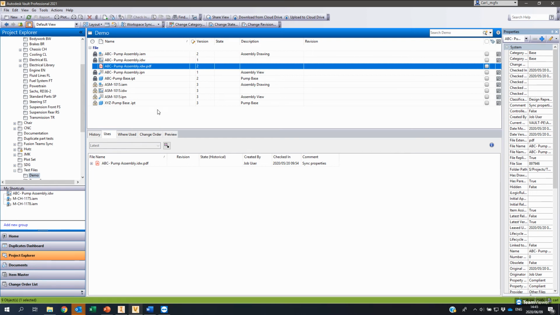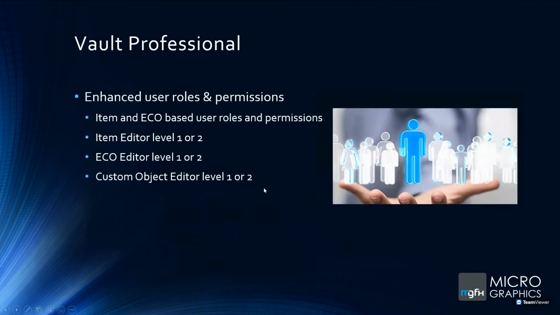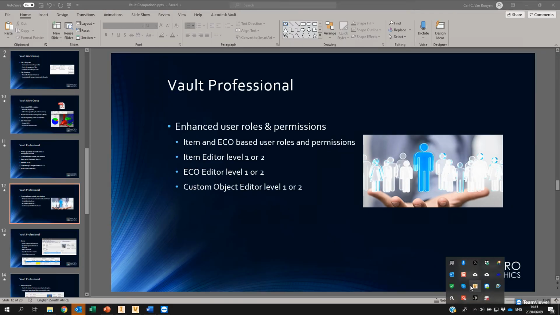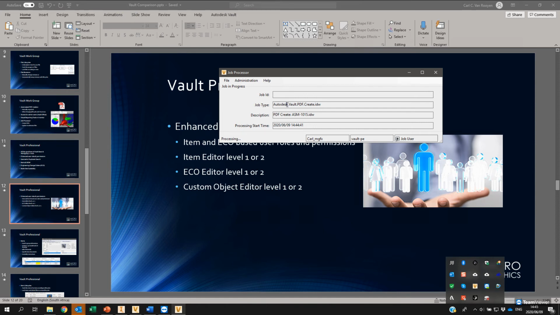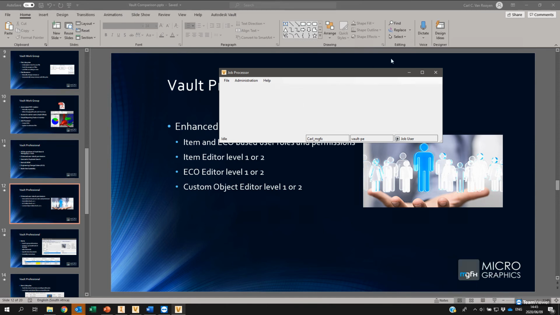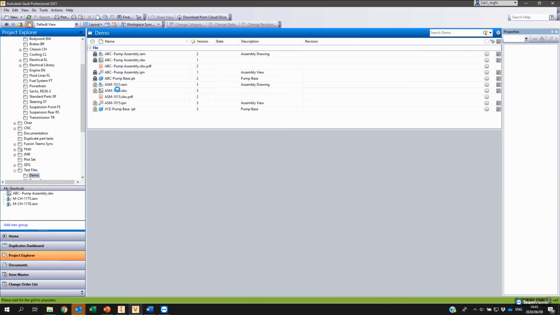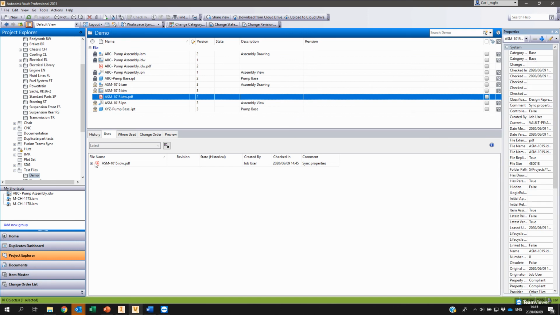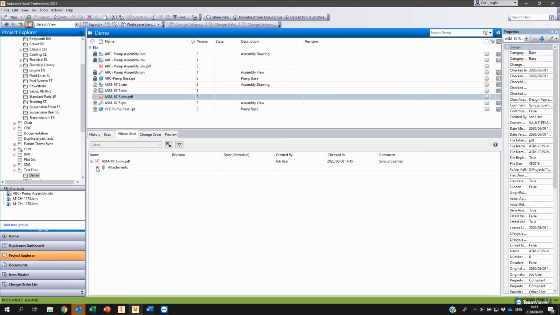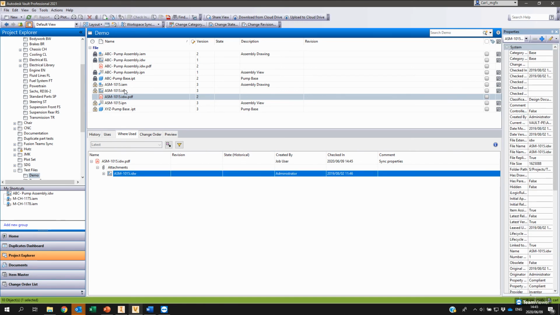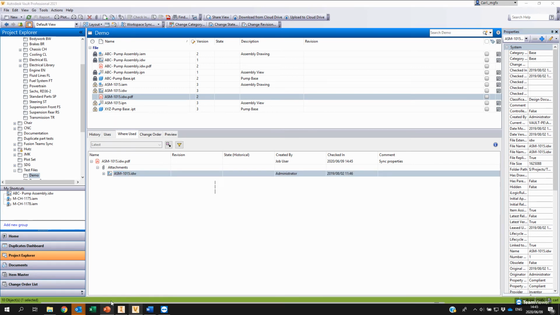So that would be the PDF creation. Let me just check back in on the job processor. There we go, Autodesk Vault create, so it's creating that PDF, that's done. So now I can go back into Vault and refresh. And we'll see that once it's refreshed, there is the PDF. And if I go check where it's used, we should see that it's attached. It's an attachment to that drawing. So that is the PDF creation